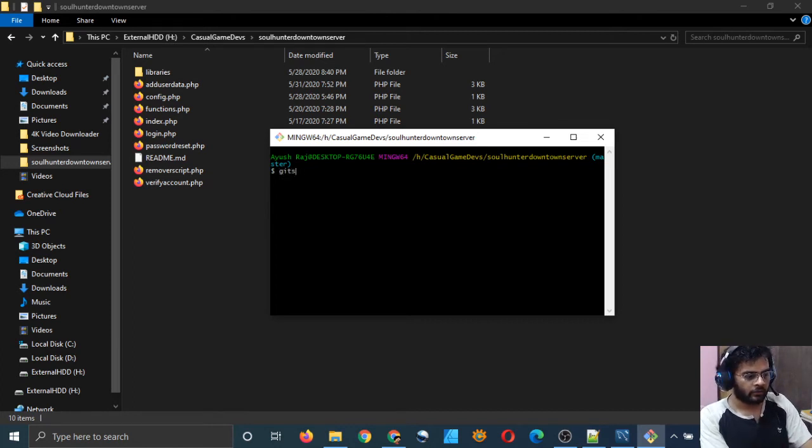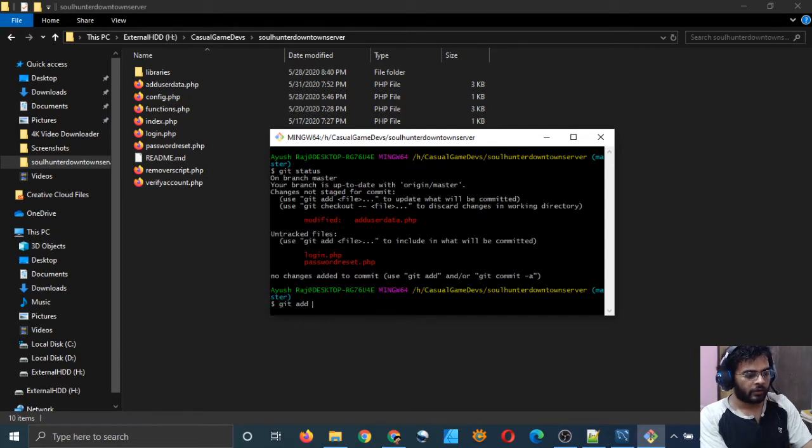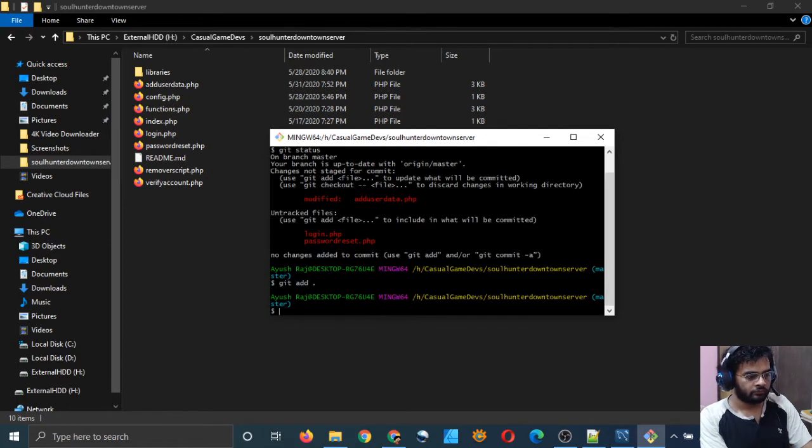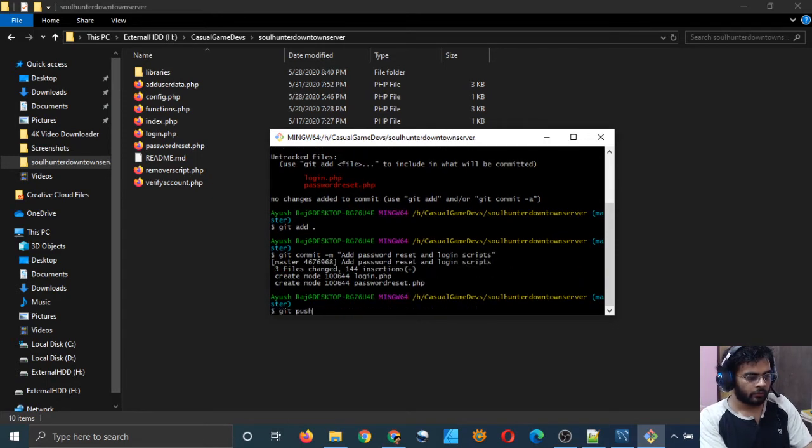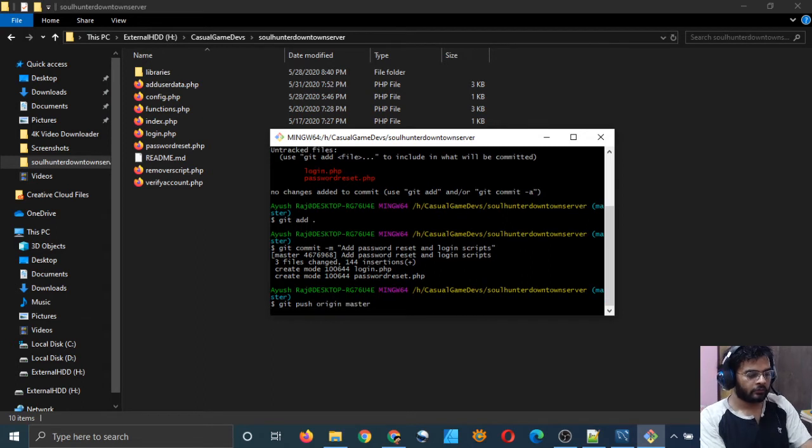So git status, git add dot, git commit -m "add password reset and login script", git push origin master.